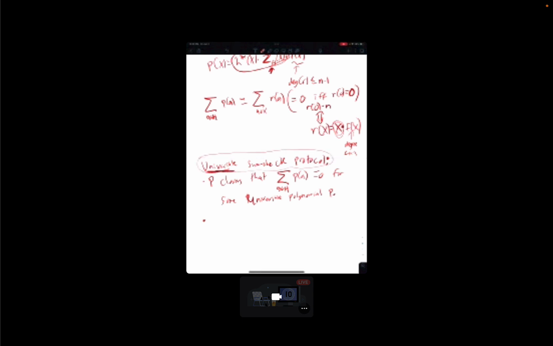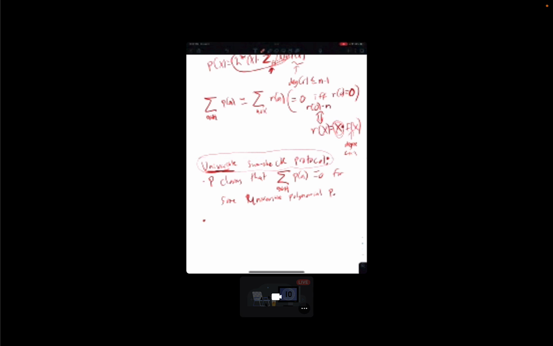Whether we're talking about univariate or standard sum check: in standard sum check, there's no cryptography, right? The goal is to sum up all evaluations of some multivariate polynomial over the hypercube, and there's one round per variable, and the prover sends a low degree univariate polynomial in each round, so the prover just sends those messages in full. Whereas in the univariate sum check protocol, as we're about to see, the prover winds up